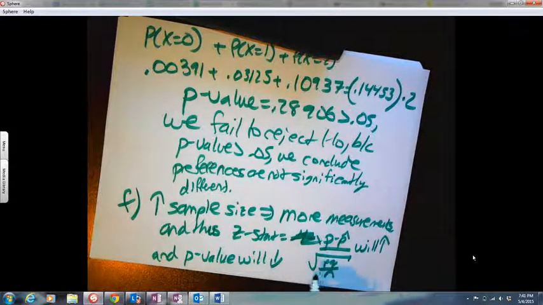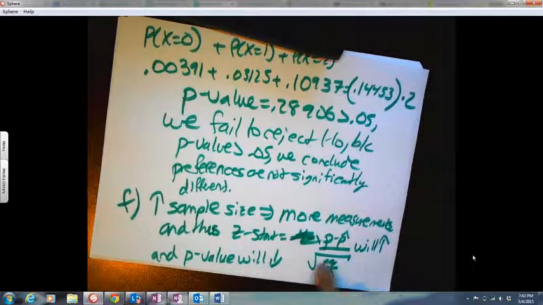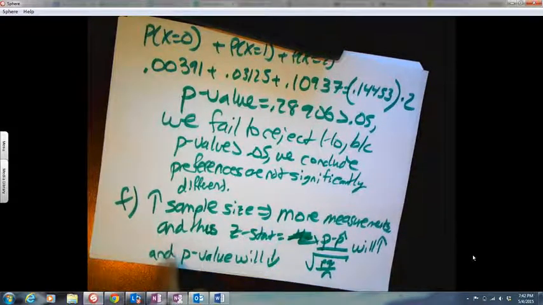Increasing the sample size makes the z-stat go up. This gets bigger, right? This gets smaller. Dividing by a smaller number makes this go bigger, and therefore the p-value goes down, which means my statistical test is stronger. Or maybe, if you want to say it differently, the power is greater. Remember, power goes up as we